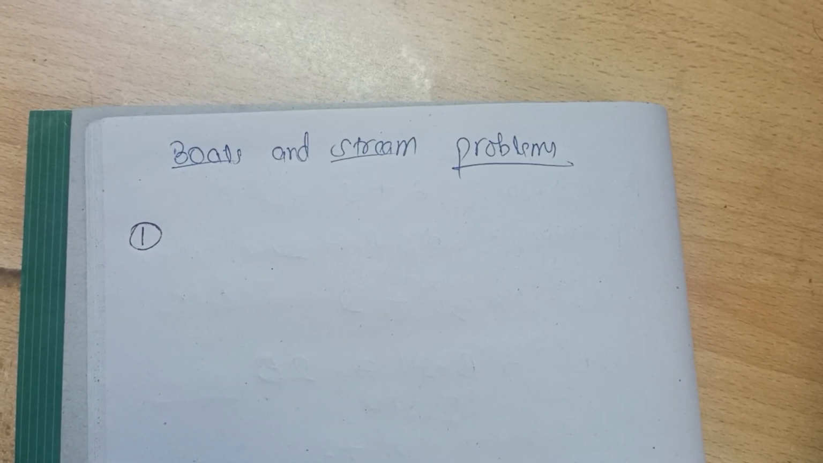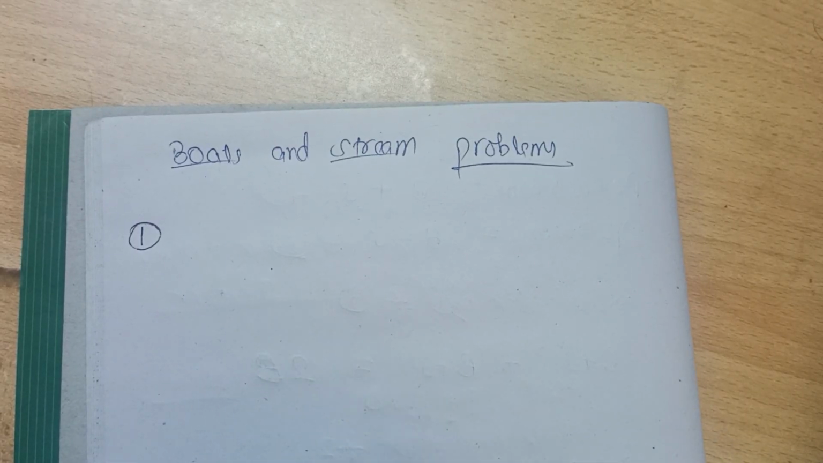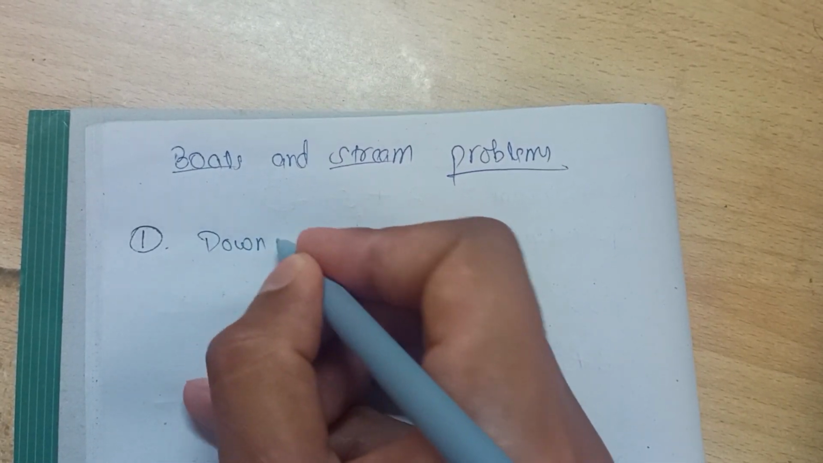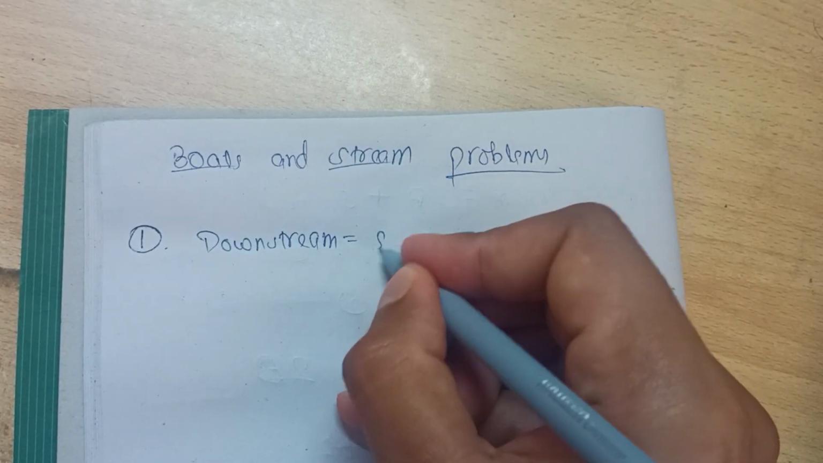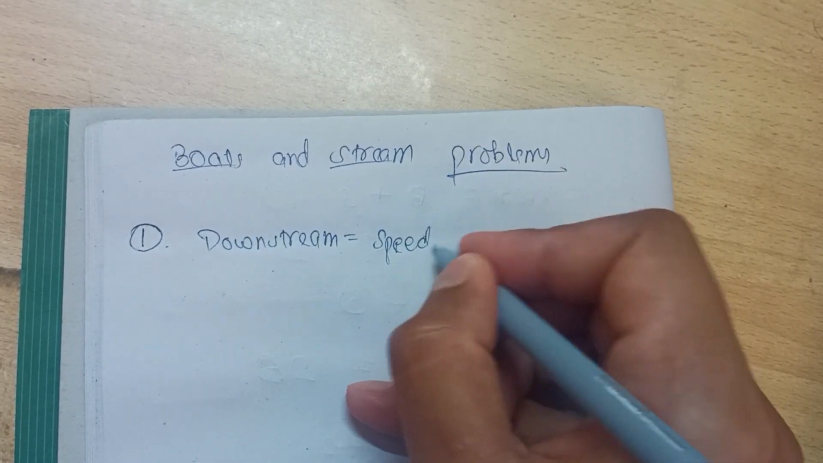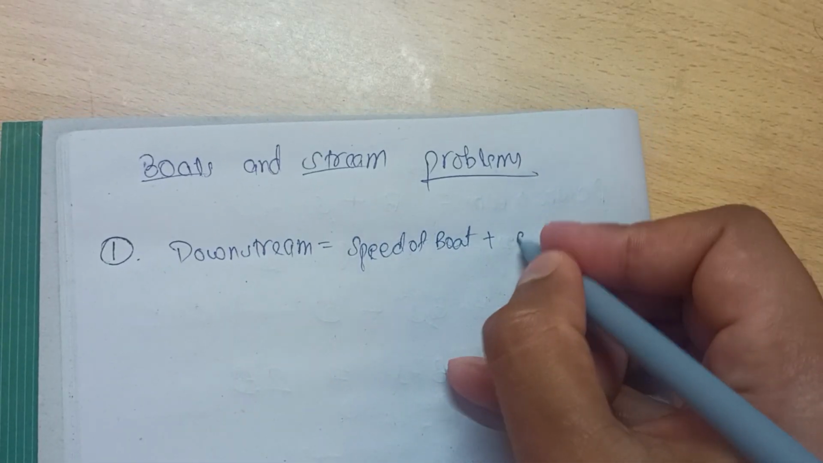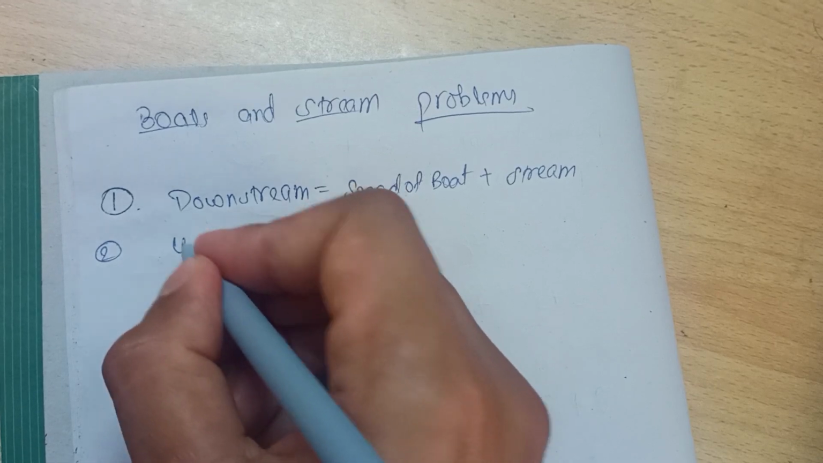So hello everyone, today we will solve the problems related to boats and stream. Before solving the problems, let us recall the formulas required to solve any problem related to boats and stream. The first formula is downstream, which is basically equal to the speed of boat plus stream speed. And the second formula is upstream,